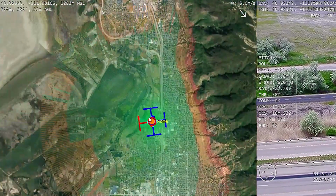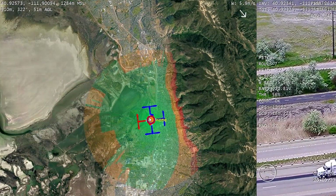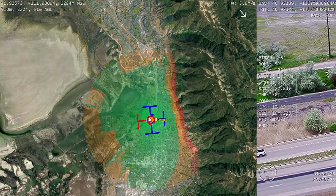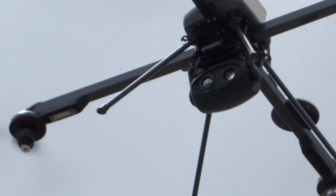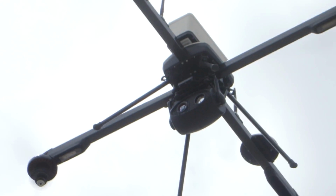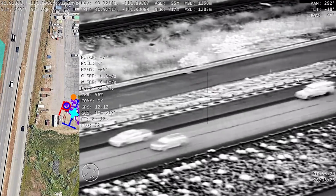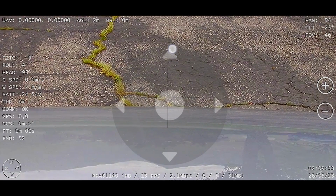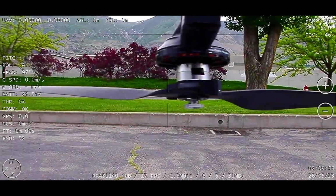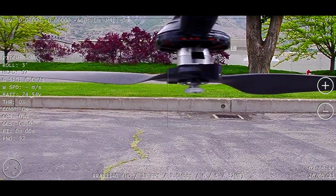Before beginning a mission, you can even check the estimated signal coverage area for your intended flight using a map shown on the app. The payloads are built with mapping and inspections in mind, with both thermal and RGB options available for purchase. One very unique feature of this aircraft and the ideaForge software is the ability to control the